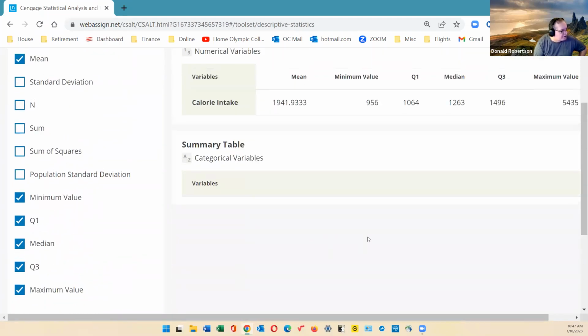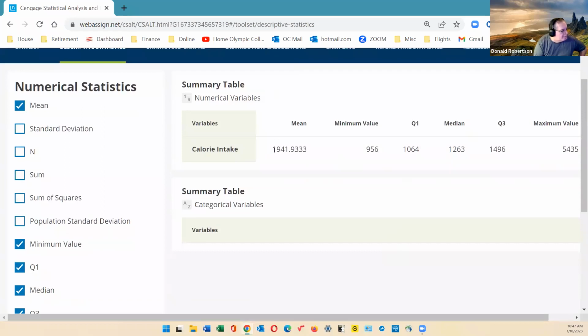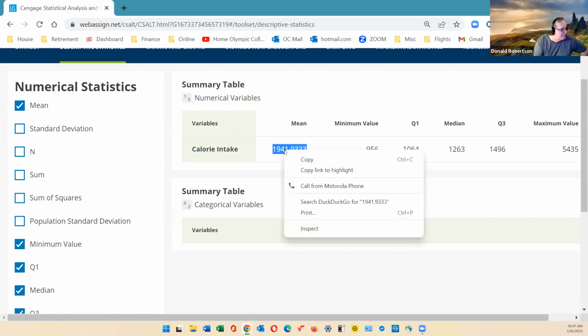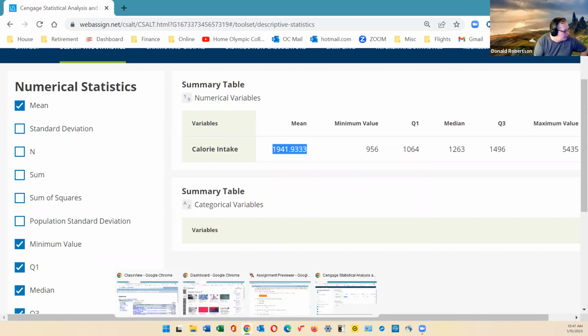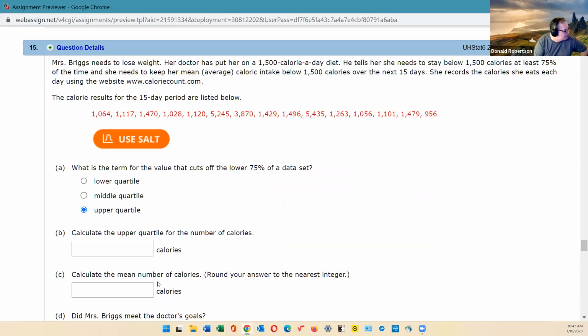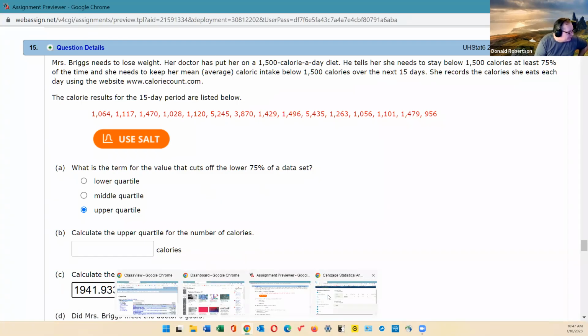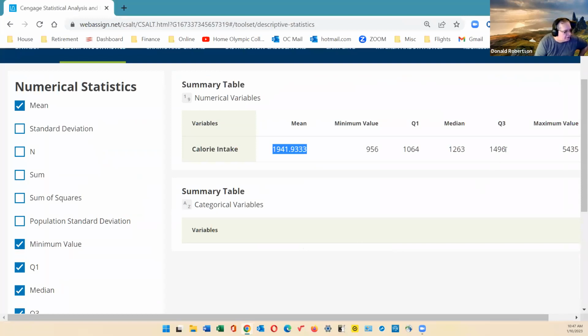So here are the guys that are left, right? So the mean, oh God, I think she blew her diet, didn't she? Right, remember she had to keep to 1,500. I'm pretty sure that's not going to be the case, so I'll copy that one in and return here. Now, the upper quartile, which we already figured out was Q3, is,